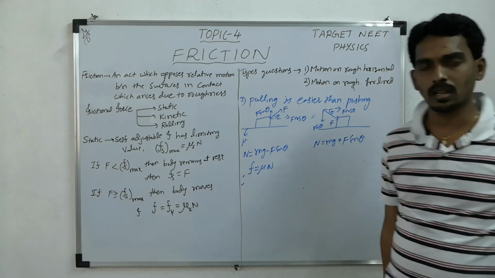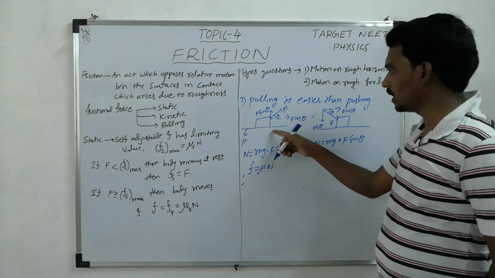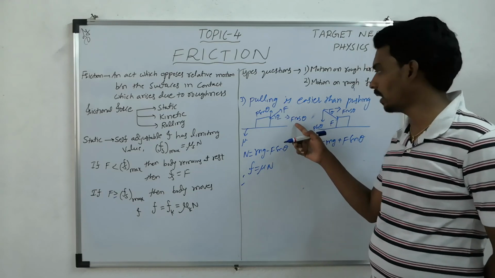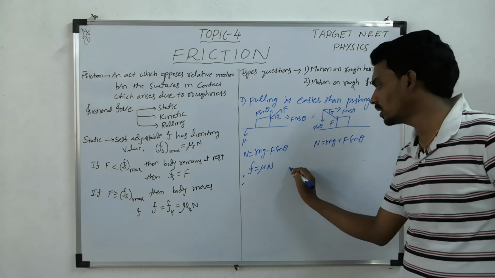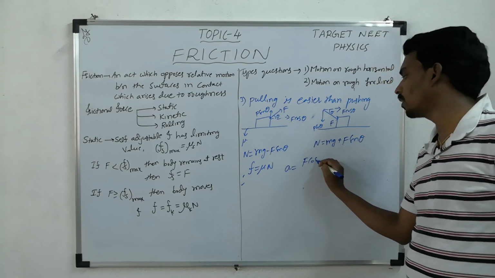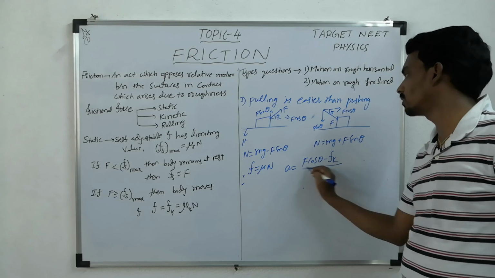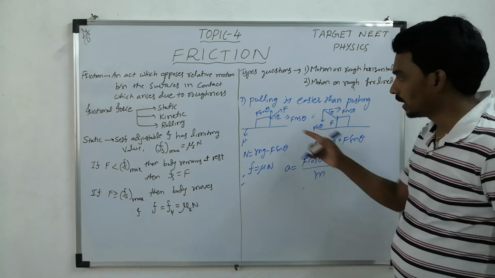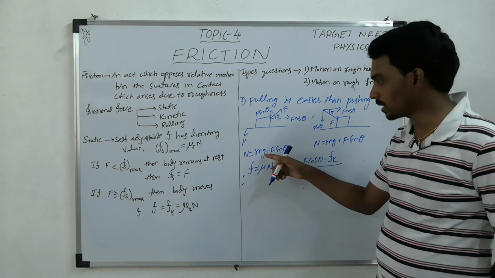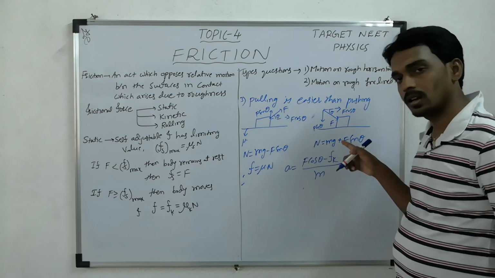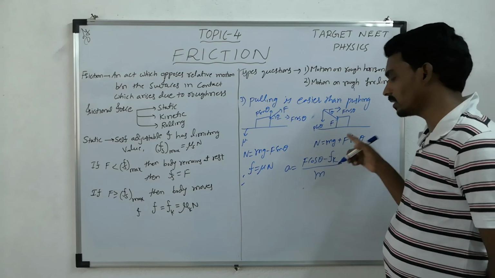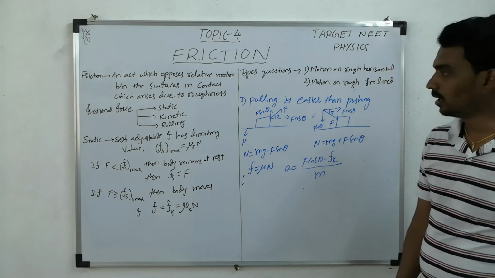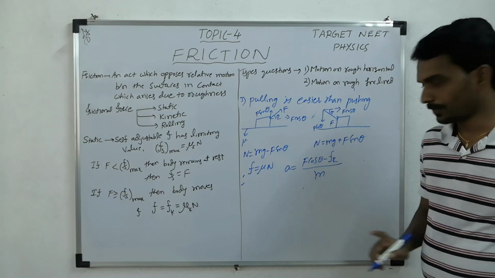Based on this they can also ask questions. But in this case or in this case, what is the force pulling the body? F cos theta. Then what will the acceleration become? F cos theta minus frictional force, divided by mass. But what is the frictional force? Here mu n, mu times (mg minus F sin theta). Here mu times n, where n is mg plus F sin theta. Make that difference properly, otherwise you will get it wrong.